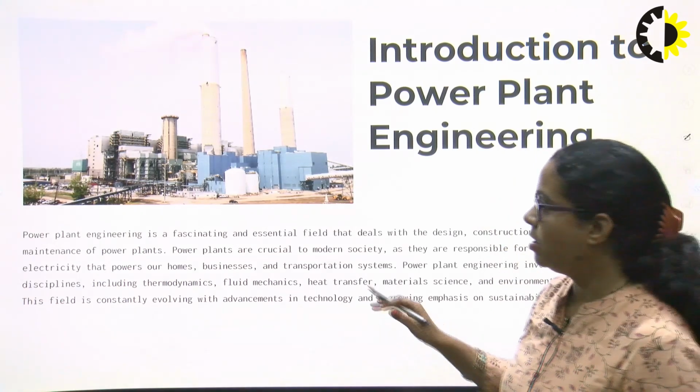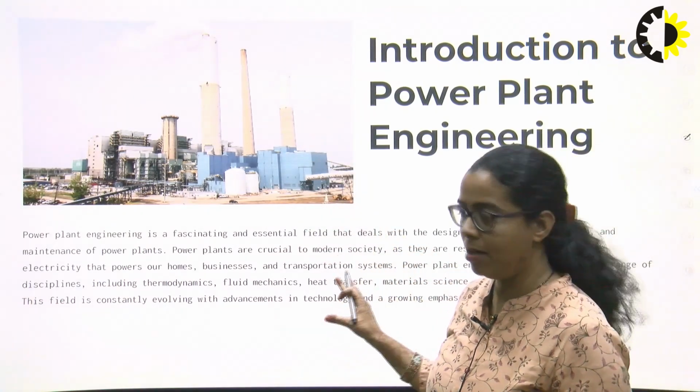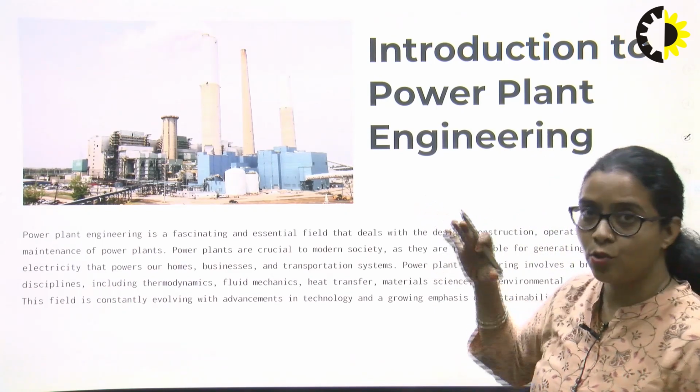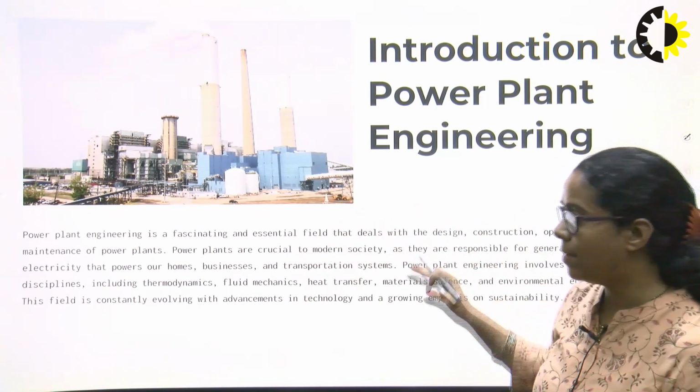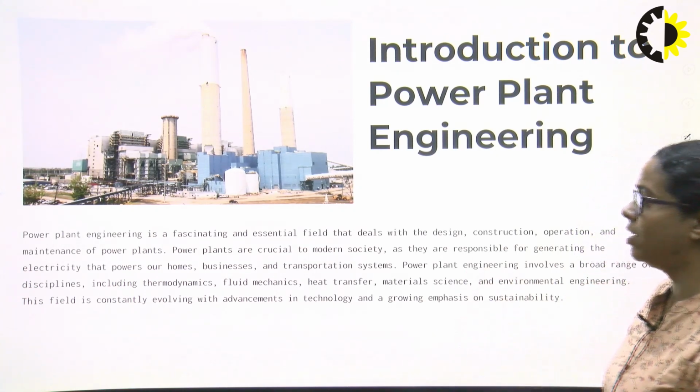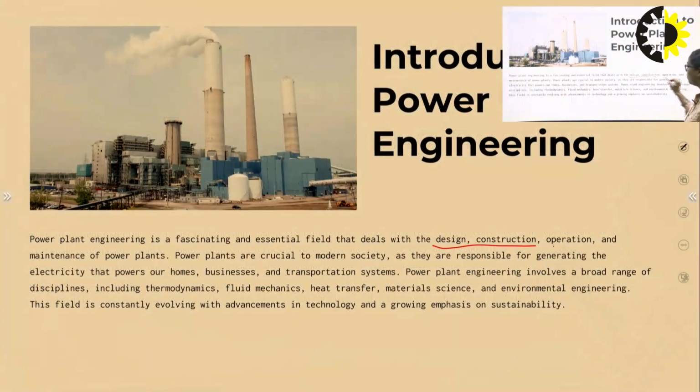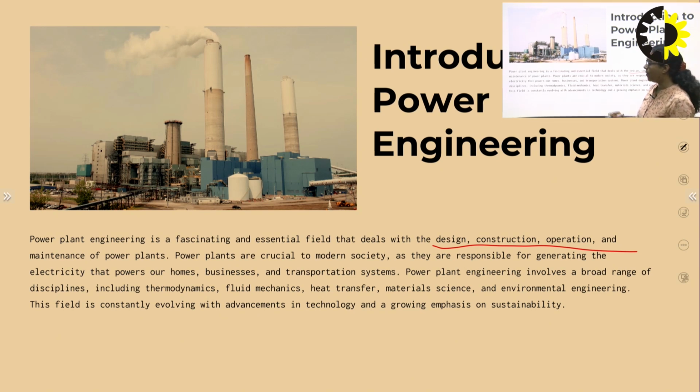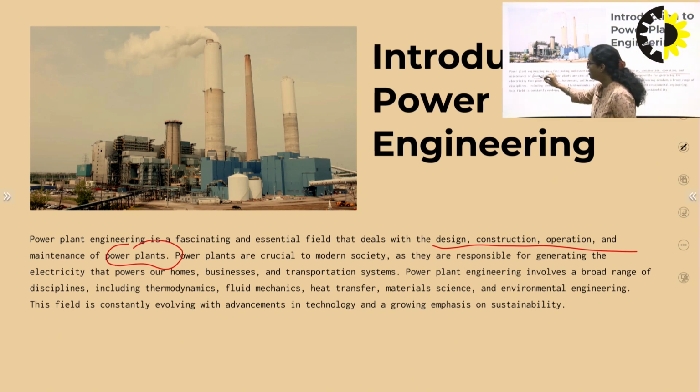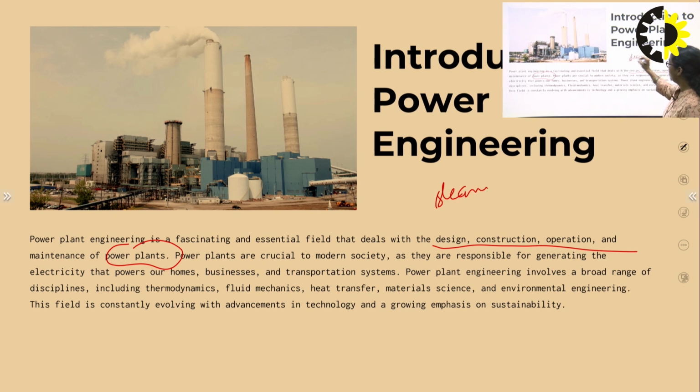So this is a modern layout of a power plant, any power plant that is shown here. It is a branch of engineering, an essential field that deals with the design, construction and operation of power plants. A power plant is basically where electricity or power production is done. In this we will have a look at different kinds of power plants, the design structure of a power plant, the manufacturing capacity of the power plant, and also the efficiency that is produced by any power plant, specifically for the steam power plant. Today we will cover it.